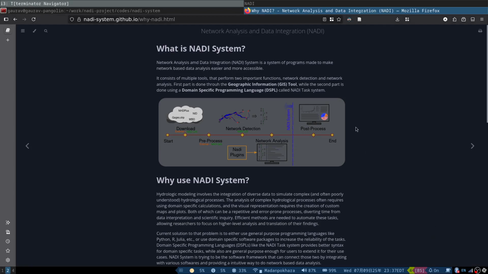NADI system stands for Network Analysis and Data Integration. It has a bunch of systems inside it. One of them is the Graphical Information System, the GIS side, and then there is a domain-specific programming language with the task system. So the normal workflow is you download your data, you pre-process it, use the GIS system to get your network, and then you use the network analysis with the domain-specific programming language, and then get your result,